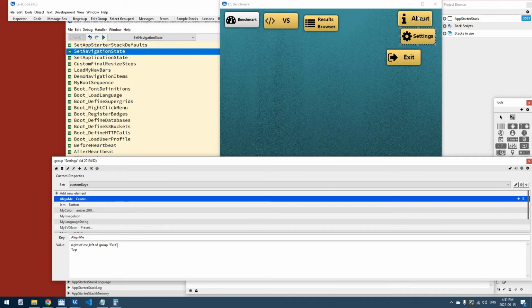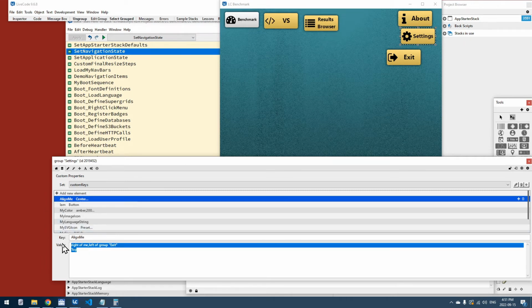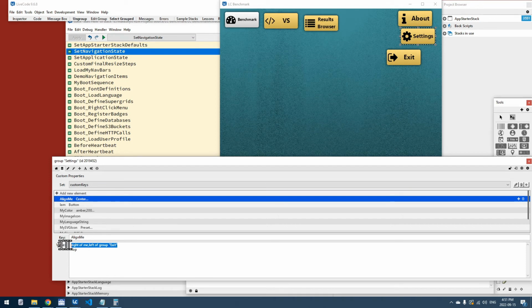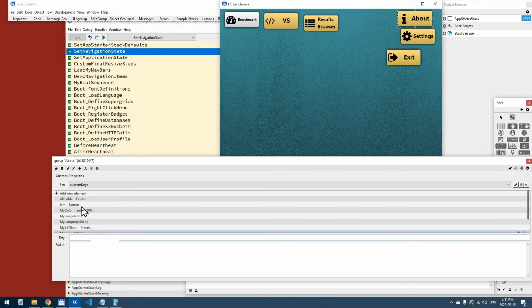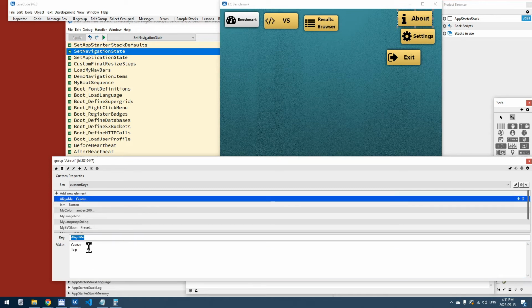And then we want to just copy this into the about align me property, and we want the right of the about button to snap to the left of the settings. There we go. So now when we resize our stack,